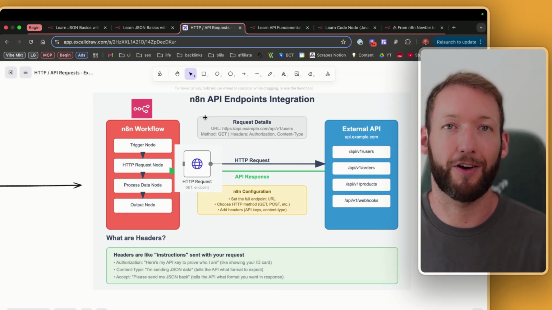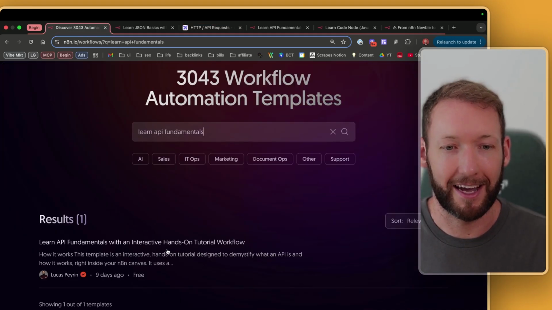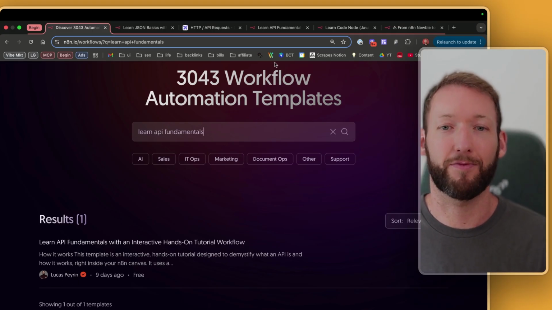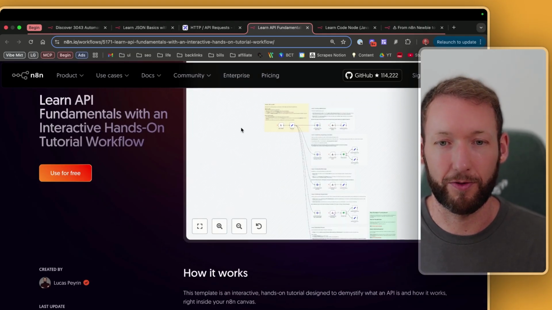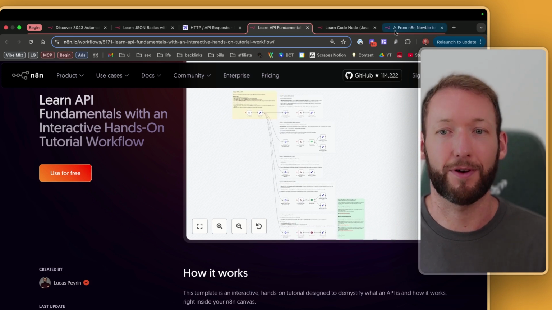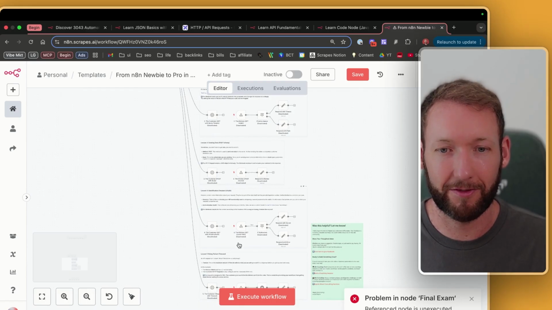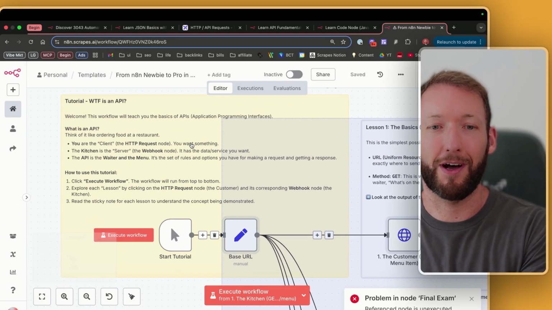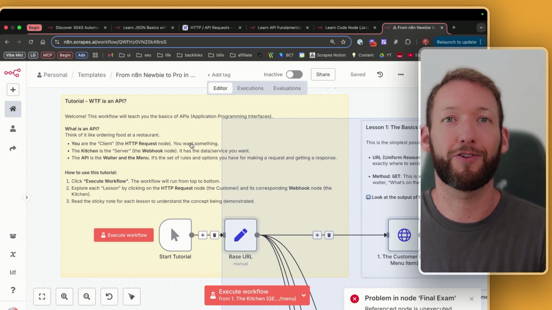And the way you can do that is go to the n8n template library, and you're just going to search for learn API fundamentals. And this again is a template set up by Lucas Peyrin, and he's got some really great beginner templates, and we're going to run through that template. It's going to appear as a page like this, which gives you more info, and all we're going to do is just copy that whole thing and paste it into a brand new workflow inside n8n, and we're just going to make sure it's activated. Right now mine's deactivated, and we're going to run through the fundamental concepts of actually sending a request using a really basic example and the different concepts we just covered, but in practice,